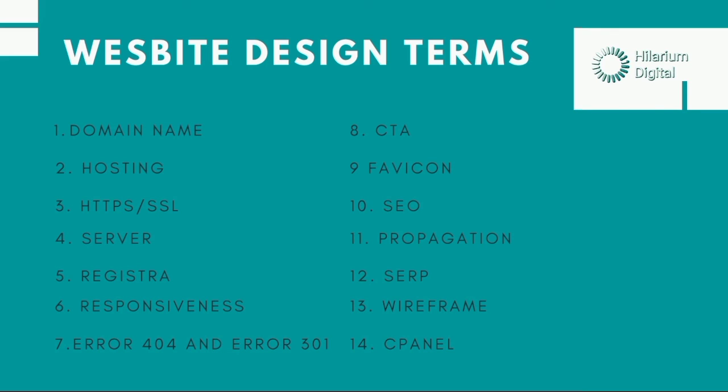So the CTA here means call to action, right? When somebody finishes reading your blog, watching your video, or reading your copy, what do you want them to do? Your call to action means telling them to do something, like click on the link below, watch this video, learn more, buy now, download. All these things are the action you're telling your reader or your audience to take in your PPA.